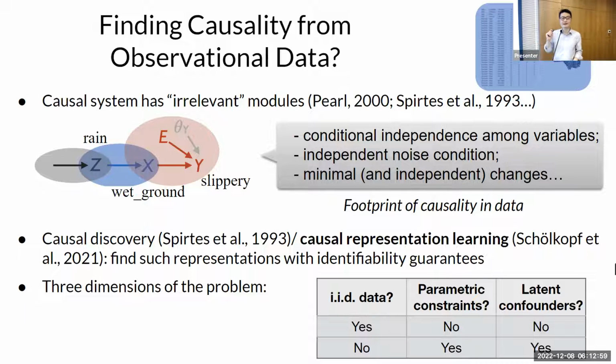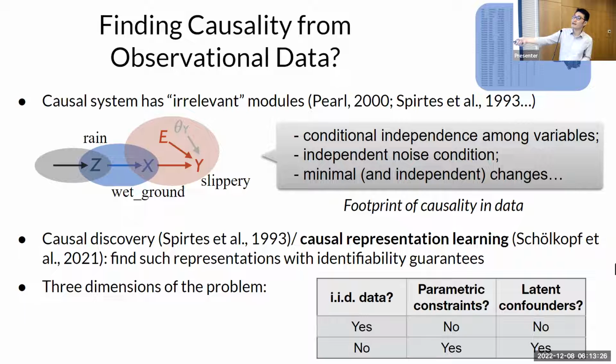Then modularity says the following. All variables can be dependent, I don't care. I can decompose the whole system into a lot of subsystems, each of which generates one variable from its parents. It's a causal mechanism, a local mechanism. And then those local mechanisms are completely irrelevant to each other. Variables can be dependent, but those processes do not share information.